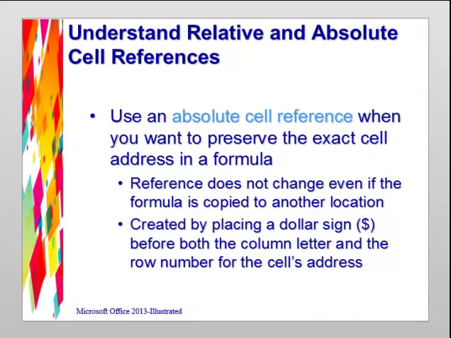So you want to preserve the exact cell location in the formula. The reference doesn't change even if the formula is copied to a new location, and you do that by placing a dollar sign before the column letter and before the row number of the cell's address. And you can do this either with both the letter and the row number,